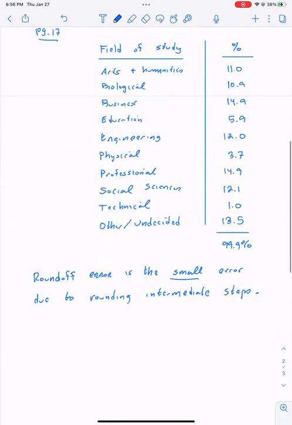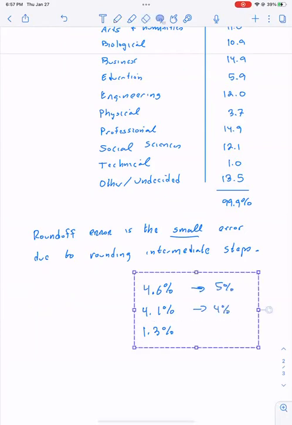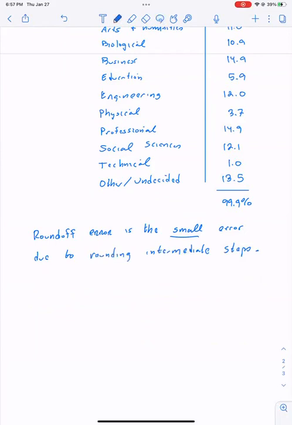Let's say it should be 4.6% and 4.1% and 1.3%. Let's say I had 3 categories. Then if I round it to the nearest whole, this will go to 5%. This would go to 4%. Okay, crap, that doesn't work. Well, I tried to come up with an example off the top of my head and it didn't work. That adds to 100%. But the point is